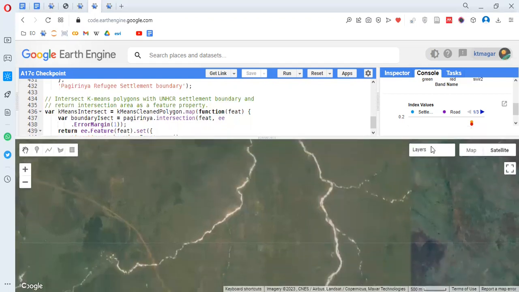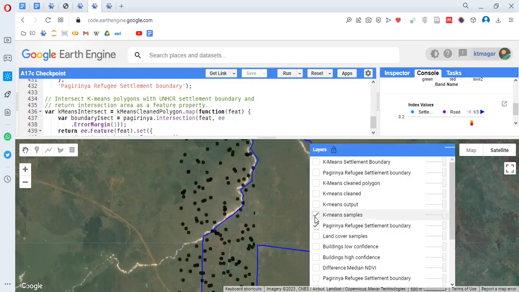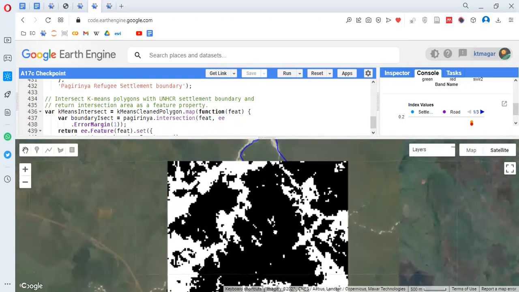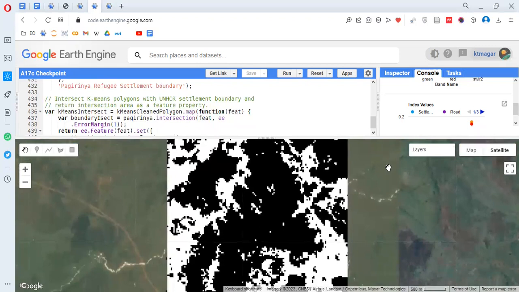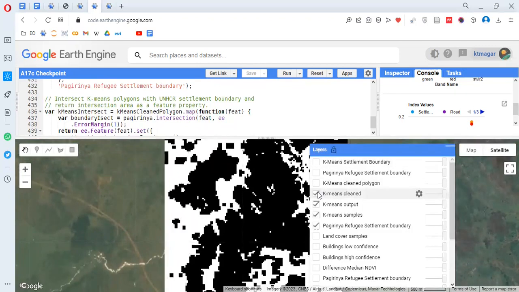So let's try to go to the layers. The first one is the settlement boundary. Then we have these 500 different samples being created, and then we did this classification. So we see these 1 and 2 layers, and then we have the clean. So we did that kernel there. This is just the cleaning of that